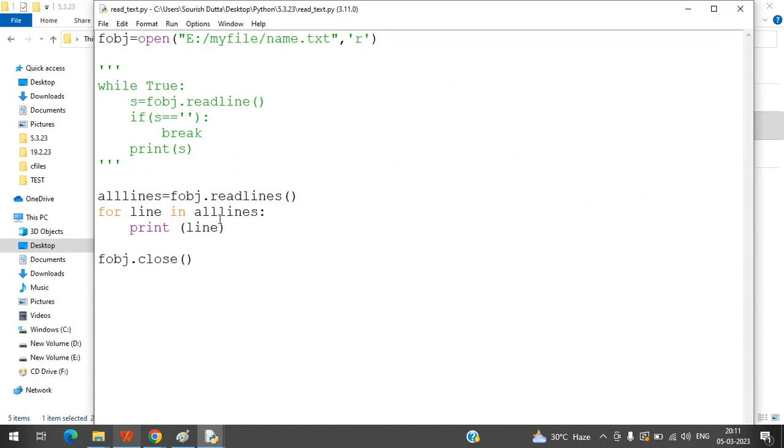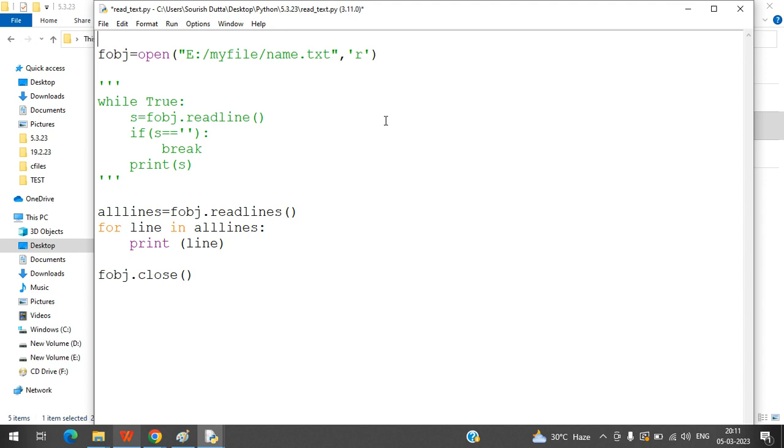I hope you understand. So this is the way how you can handle the file. One more thing I can say here. Suppose this will always read this file. Now if you want to read